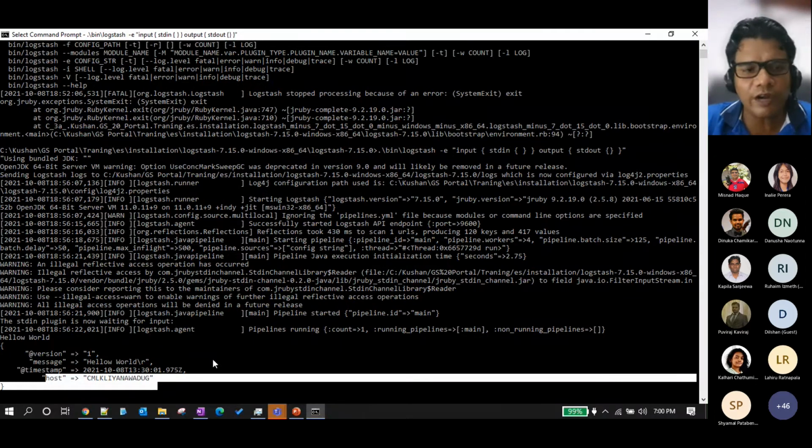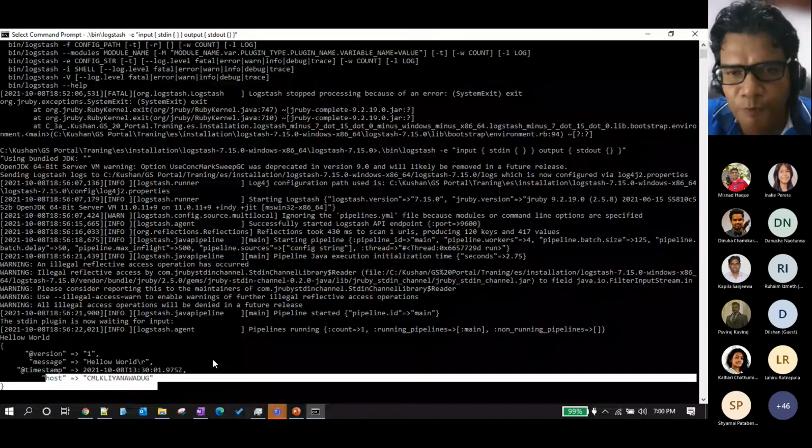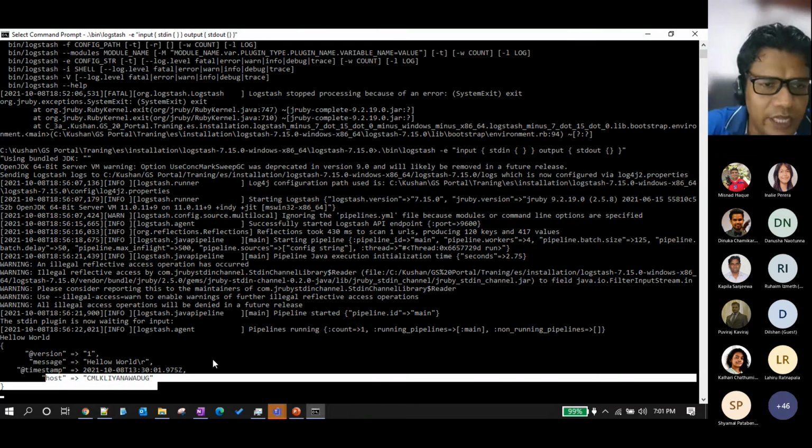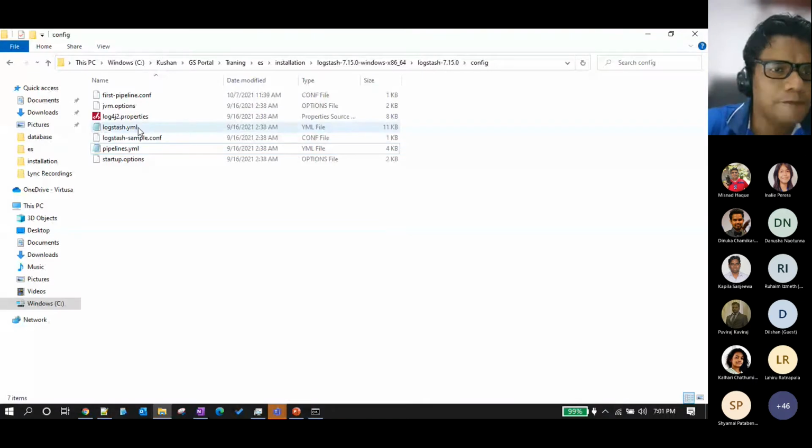Next, by using the -f option, we are going to give a configuration file which we will use in real world scenarios. I'll show you that particular file.